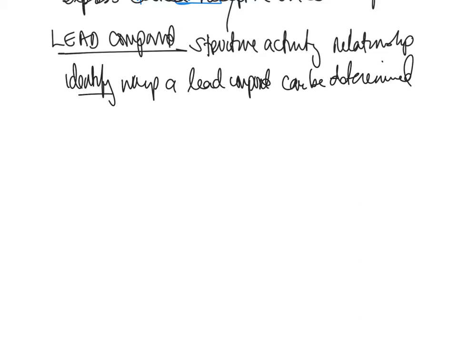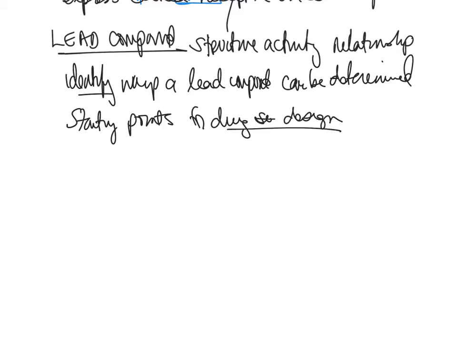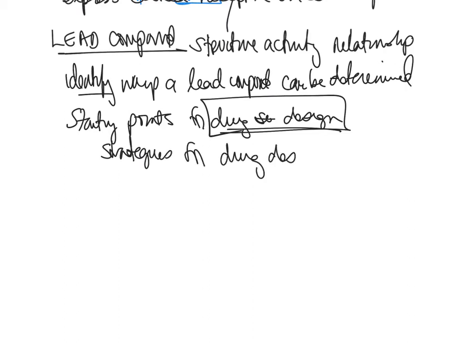And once a lead compound is found, then it's a starting point. So that becomes your starting point for your drug design. And the next two chapters in your book really focus on strategies for drug design. And that's what I really want you to get to on your